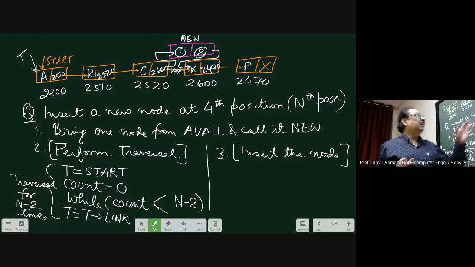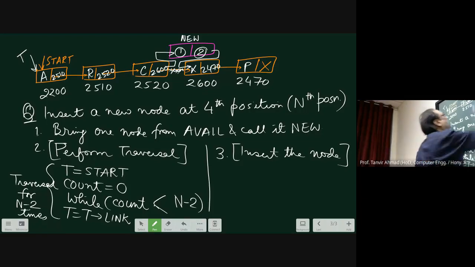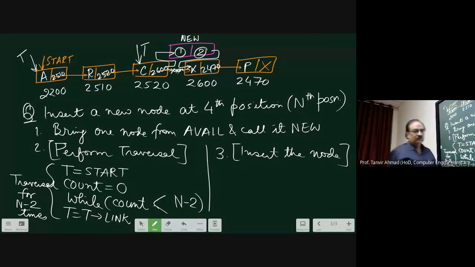Because this node 2600 has no name. You only have two names over here. One is T, which, after you have moved by traversal, is now pointing to this place. And you know that a new node is called new.